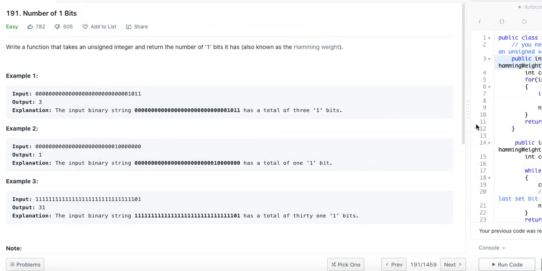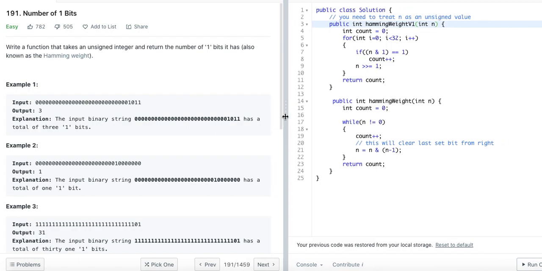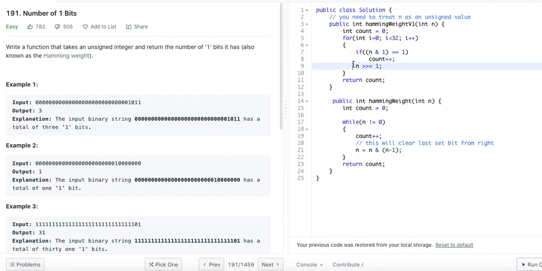So let's see the code here. This is the first approach that we discussed. There are 32 bits, so we go 32 times and check if the units place bit is 1. That is n AND 1, which checks if the rightmost bit is 1 or not. Then I keep on shifting the entire number to the right by 1, so the new bit gets the rightmost position. And this is the second approach that we saw. Until the number becomes 0, you go on incrementing the count and keep clearing the rightmost set bit. So if you submit this code,